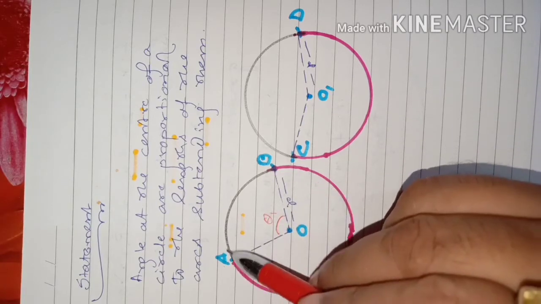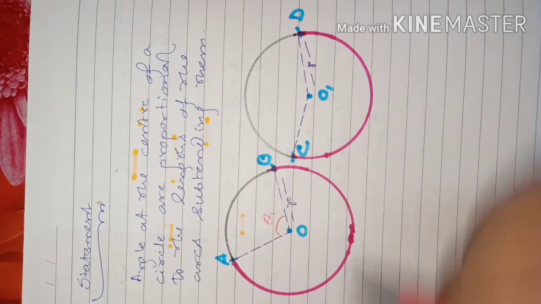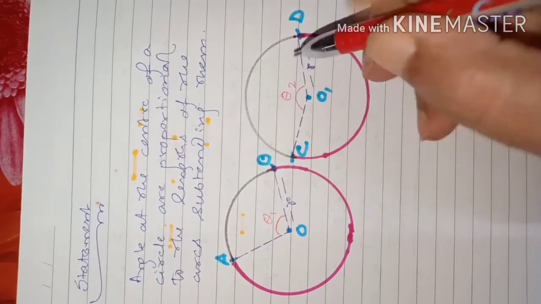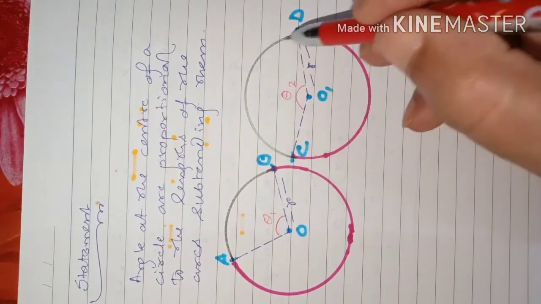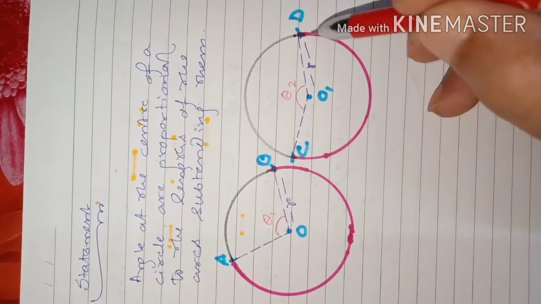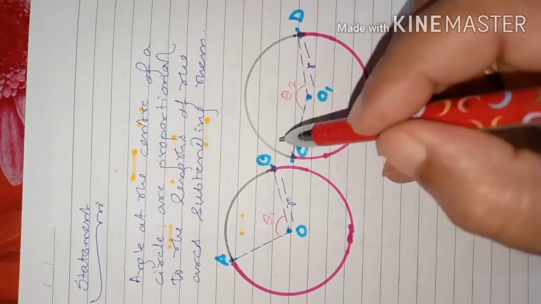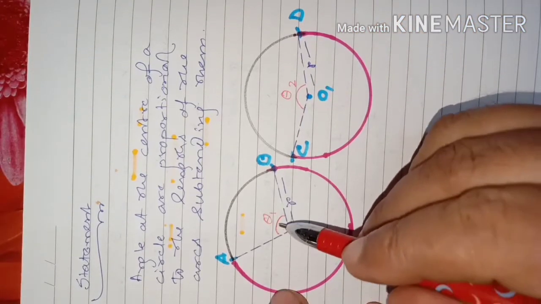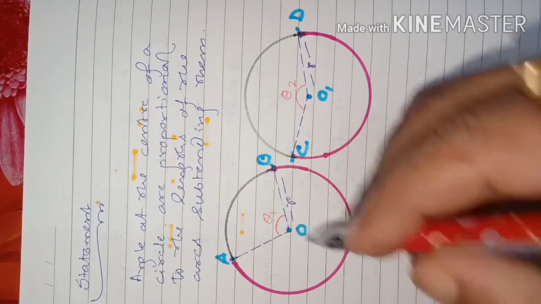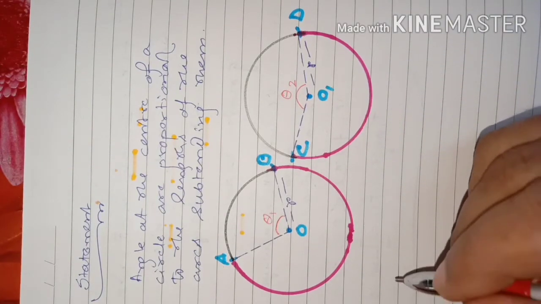arc AB. I am talking about this black arc. And this angle is suppose theta 2. This is subtended by minor arc CD here. Because this CD is longer than this CD, that's why we are calling it minor arc CD. Now how this length of this arc AB is related to this angle, because we have a formula for finding the length of an arc.